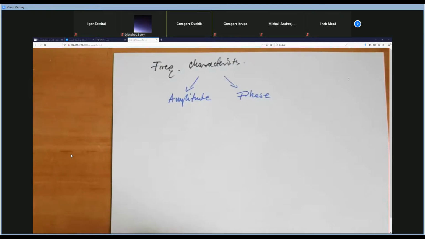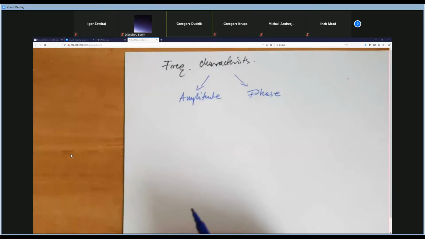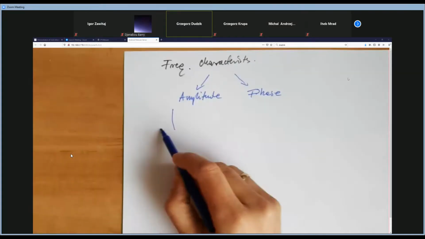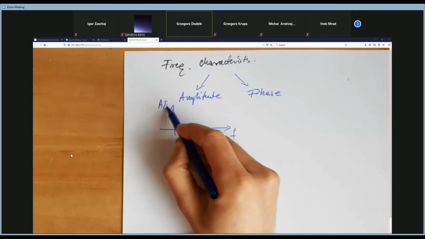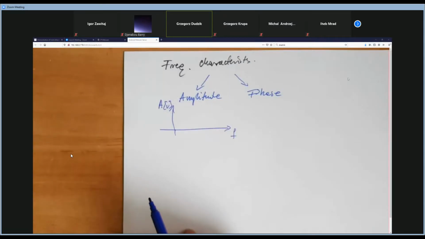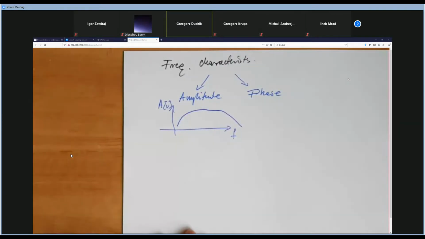All right. What is the amplitude characteristic? The amplitude characteristic is the characteristic which depends on frequency, and you can see what will be the amplitude of voltages, currents, for example, in the frequency domain, depending on the frequency of the signal. So, for example, we've got the frequency here, and here we've got the amplitude, for example, in volts. Yeah, and the characteristic looks like that. For example,